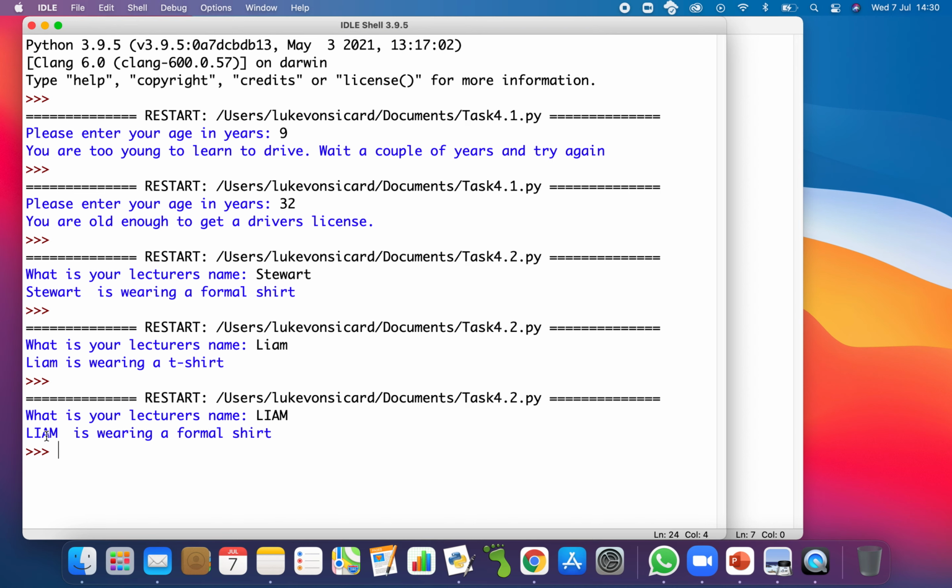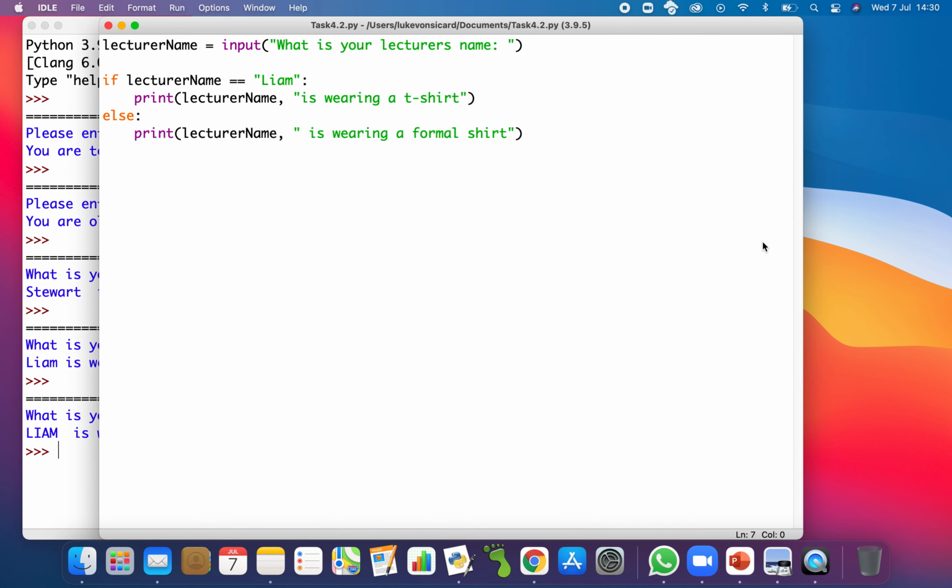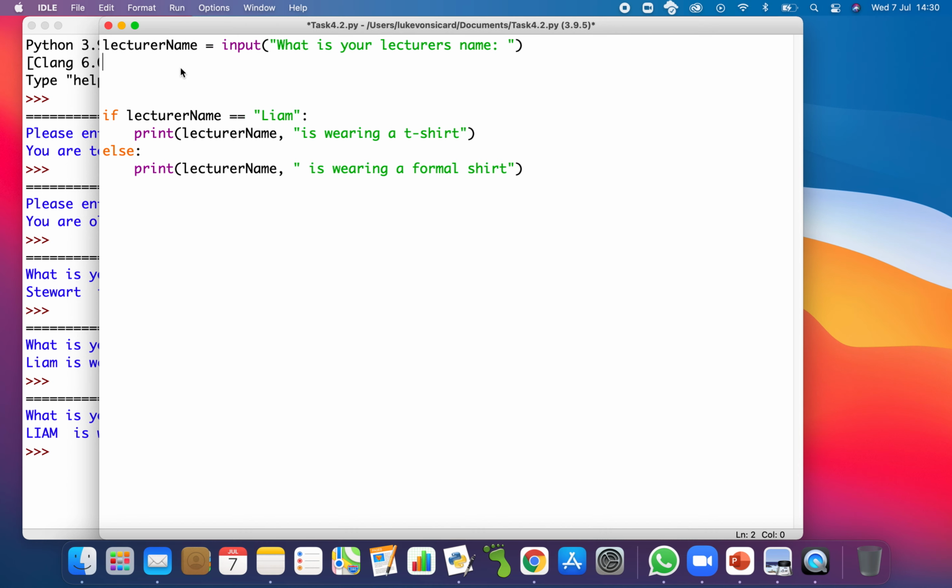It's telling me that Liam with uppercase letters is wearing a formal shirt. Okay, so it's case sensitive. One of the ways we can get around being case sensitive is by doing a check. So let's say check equals